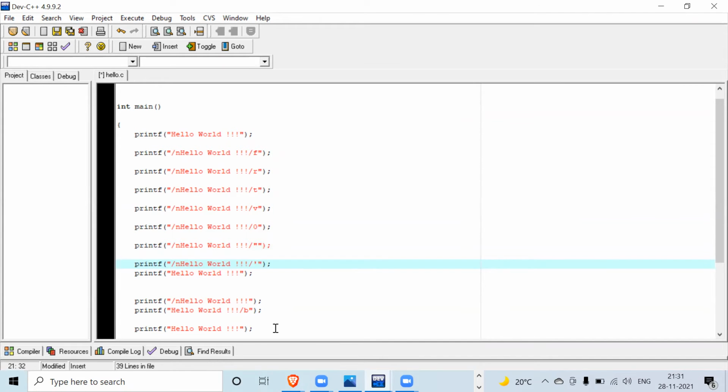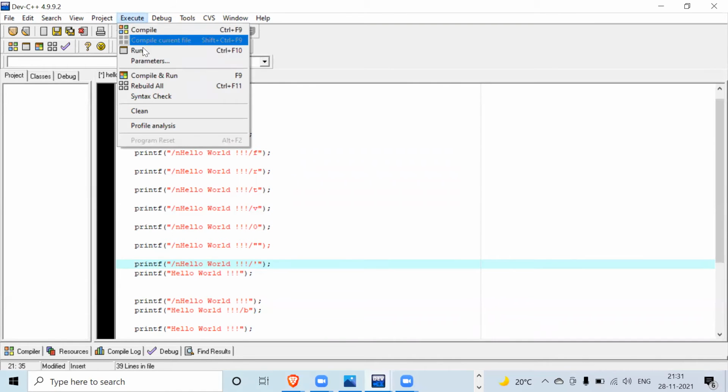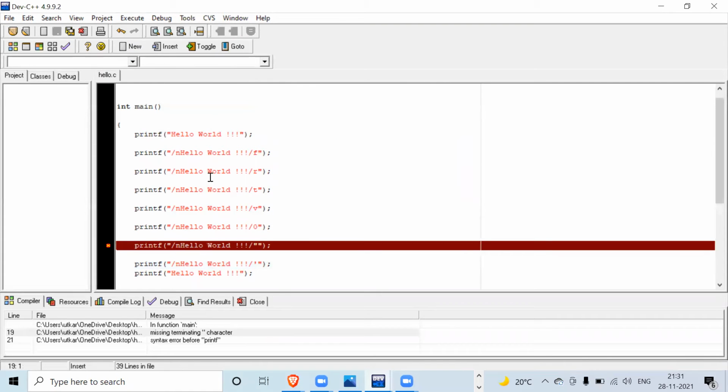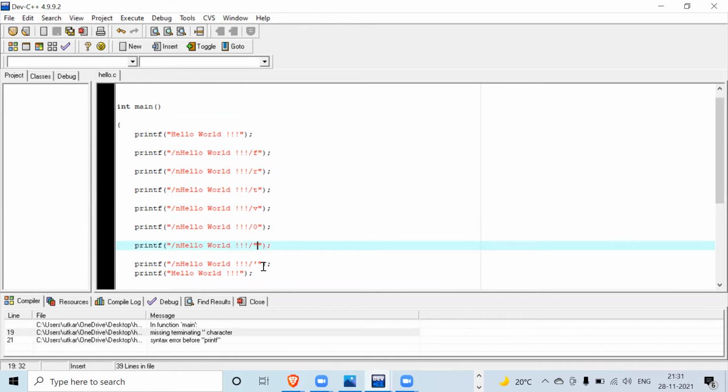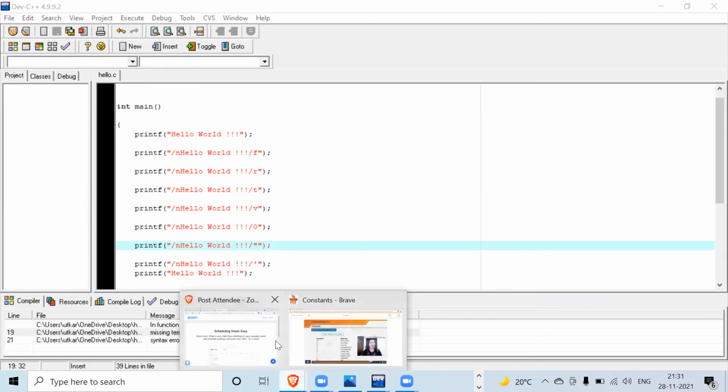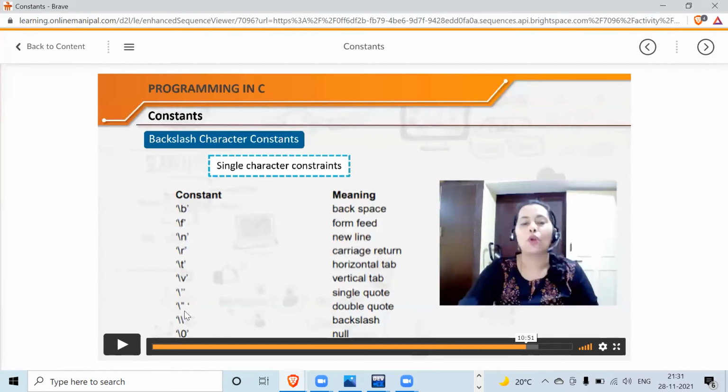\single quote. Okay, so now we are going to compile the program, and you will see what happens here. Compile and run also. We have an error. Now, what is that error? Slash is on the wrong side. No, it's not the forward slash. It's something else. I have to check here.